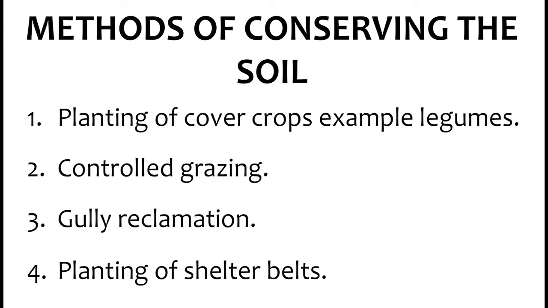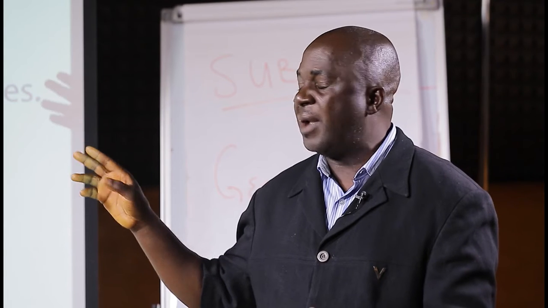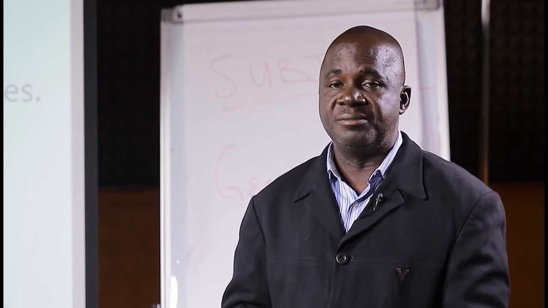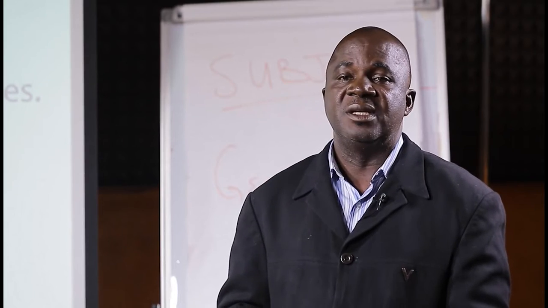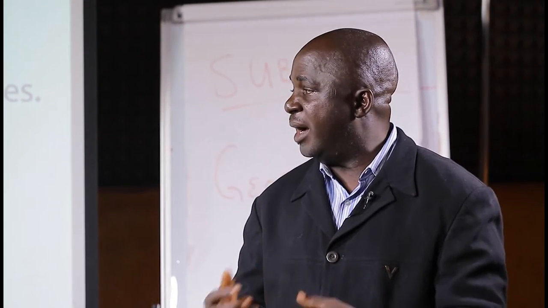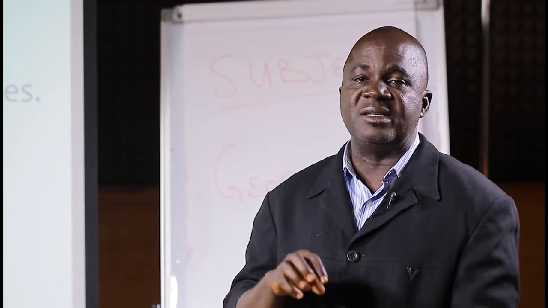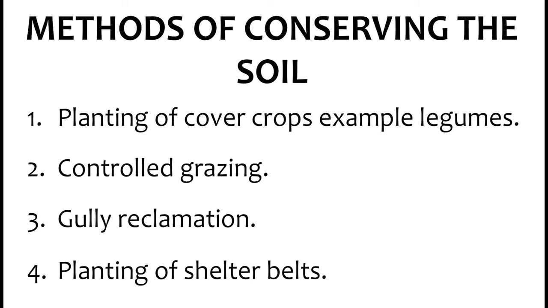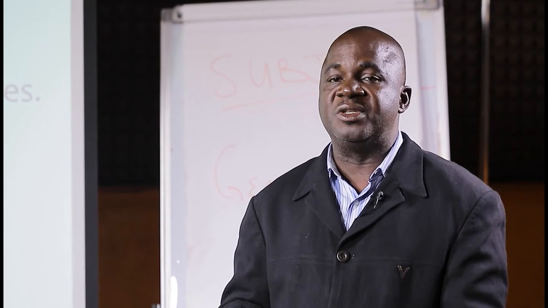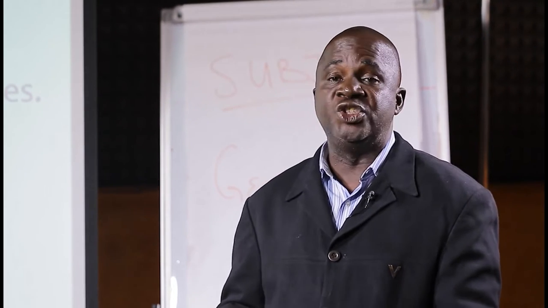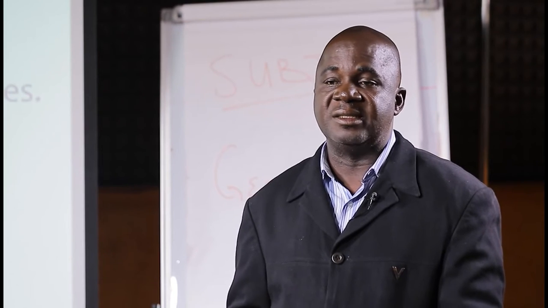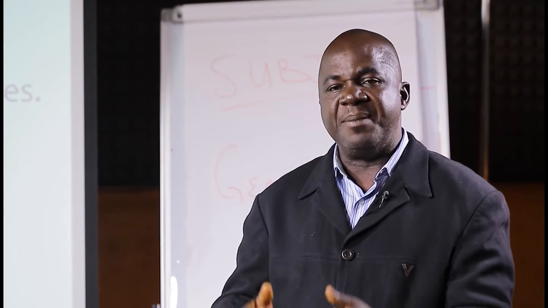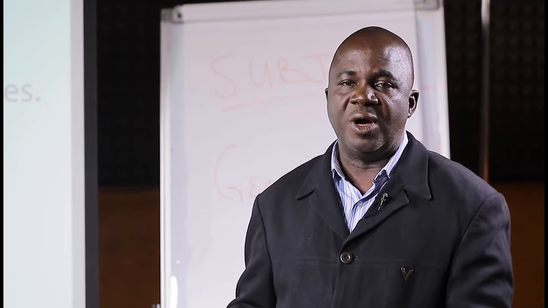Number 2, control grazing. The animals we graze on our soil, we need to control them. If we do not control them, then their continuous grazing can have a serious effect on the soil. 3, gully reclamation. Areas that are subjected to serious gully erosion need to be reclaimed. We can do that by either filling such gullies or by making proper channels through which water can